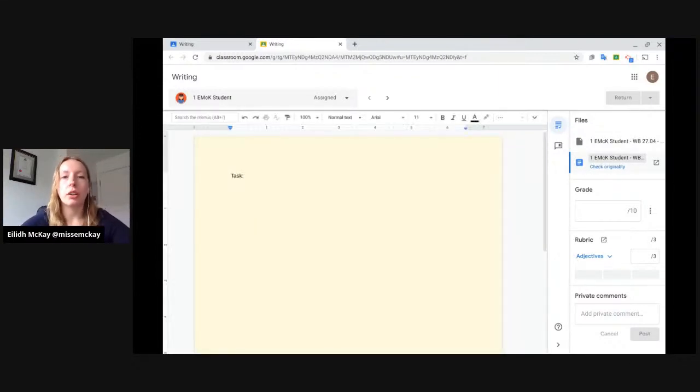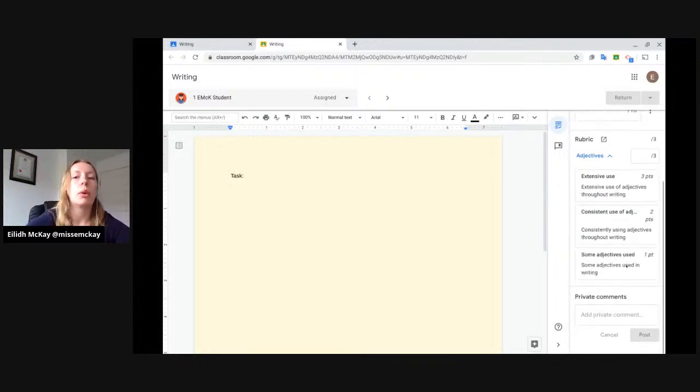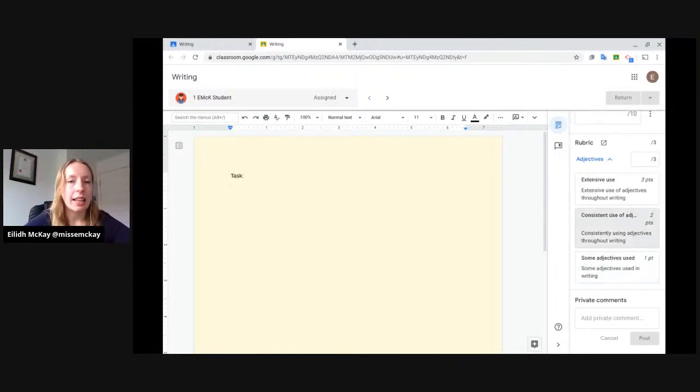So I'm going to mark the Google Doc that I have assigned for them. So in Google Classroom, we have this ability to mark and comment. This is the kind of marking screen that we have. This isn't Google Docs, so this isn't a Google Doc screen that we've got in front of us here. Down the right-hand side, you'll see I've got my rubric. I can click on this to expand what each of the point values were. Again, the students have access to this, so they're able to actually see what I am expecting and what they